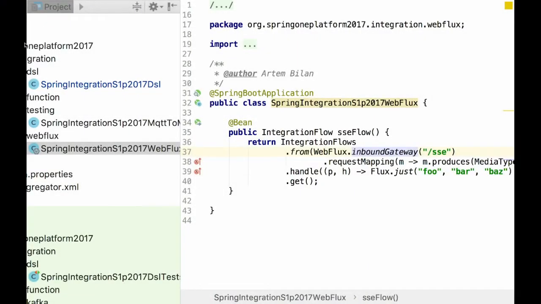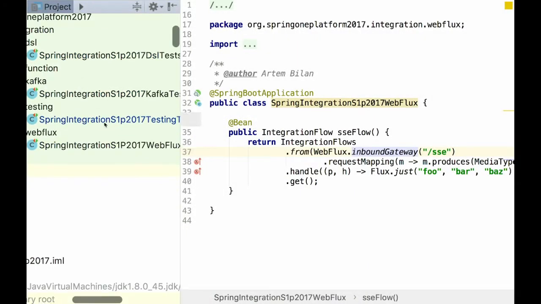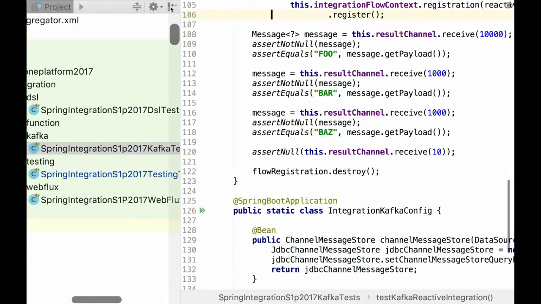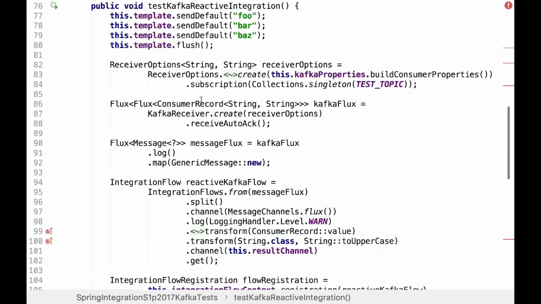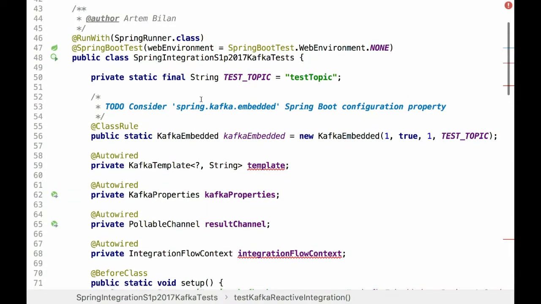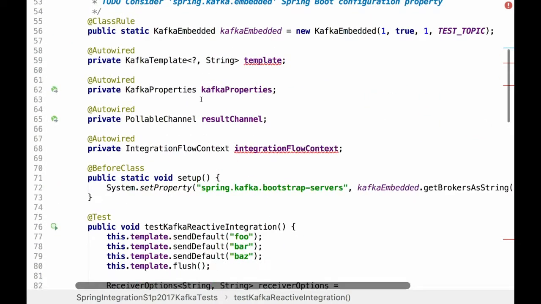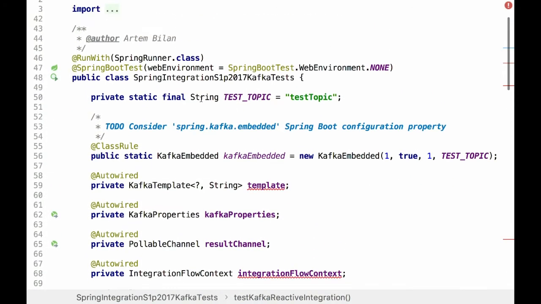So my idea here is to demonstrate Reactor Kafka in action. This is a pretty complicated test, but it's still straightforward. It's again based on Spring Boot auto configuration, and Spring Kafka is included in Spring Boot.